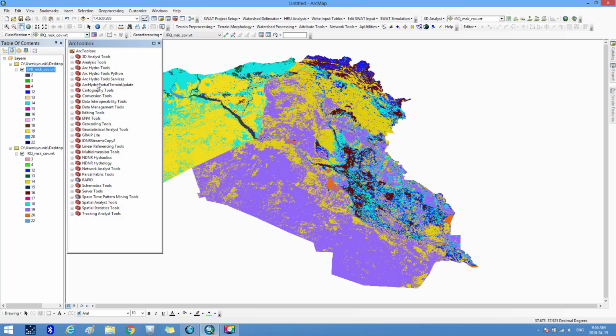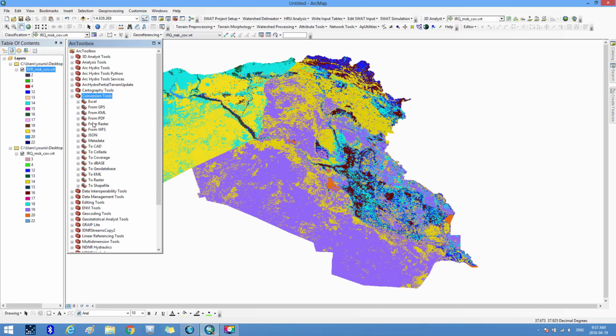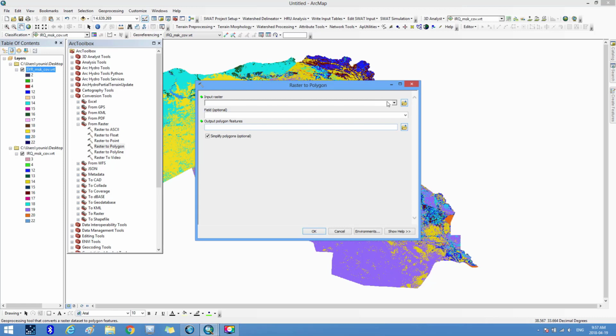And in Arc Toolbox window, we go to Conversion Tools, then from raster, then we choose raster to polygon, and in the input raster field we choose Iraq MSK group dot VRT, and in the field we choose value, and we specify the place of saving for shapefile in the following path: desktop,